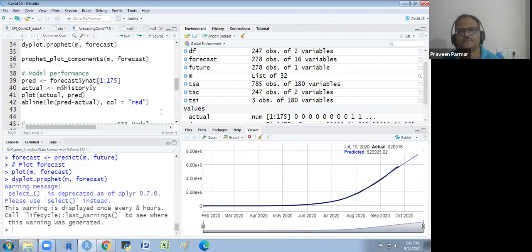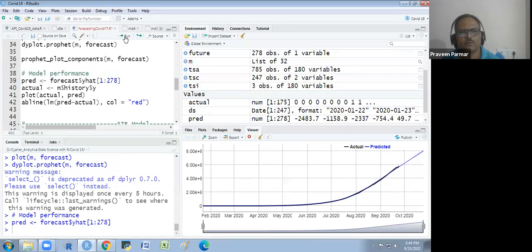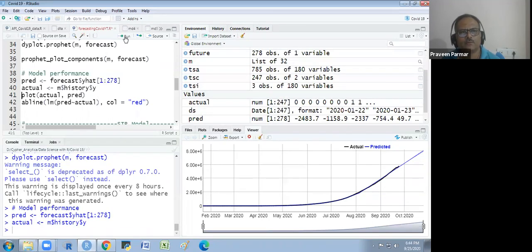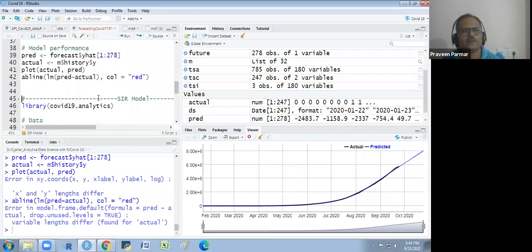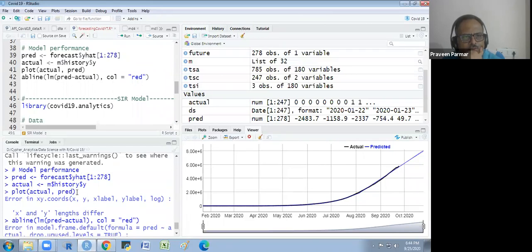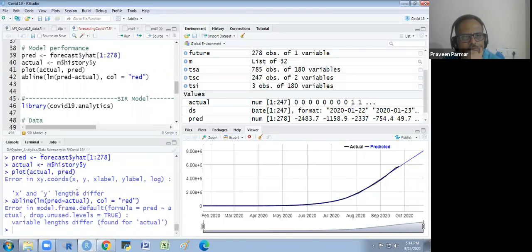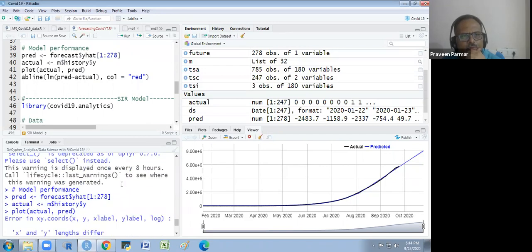I write here 278 and I run this. And actual plot, abline. No, the plot is different. XY coordinate 278, prediction, actual. Model, data frame, formula, prediction, actual, drop, and level to form the actual 278.